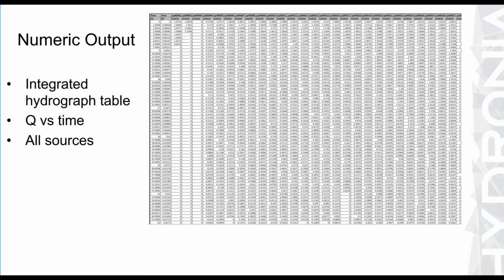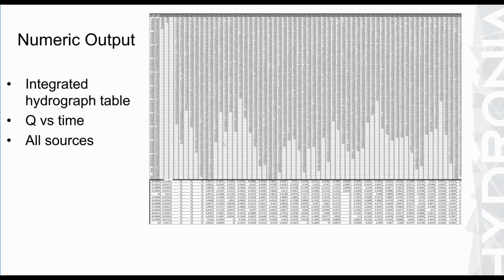There are a variety of files that are generated in the model with numeric values. First, you have an integrated hydrograph table that will give, for each of, in this case, we have like 200 spill locations, the discharge over time. And this we imported in Excel just to visualize the results. So this includes all of the sources. Interestingly, if you look at the numeric values,